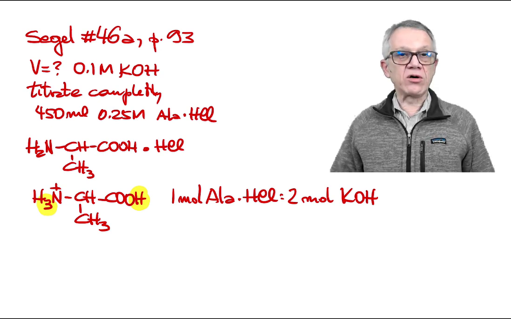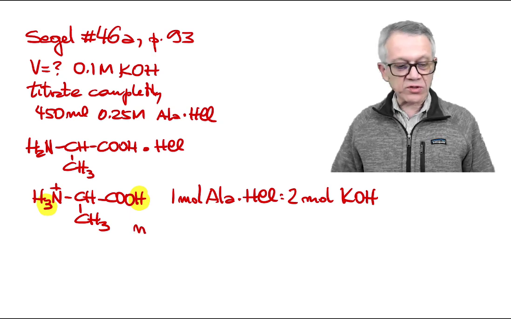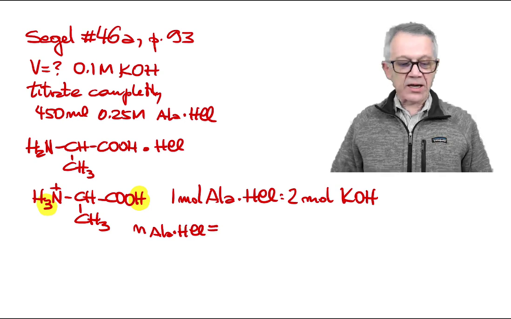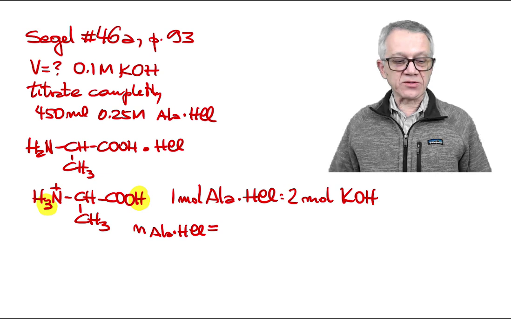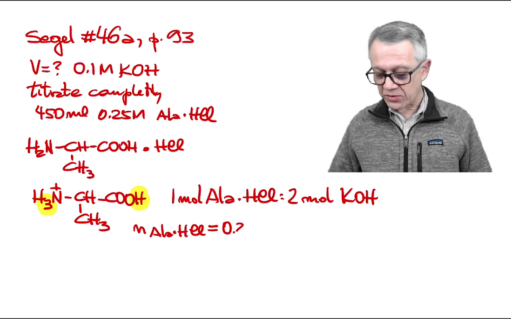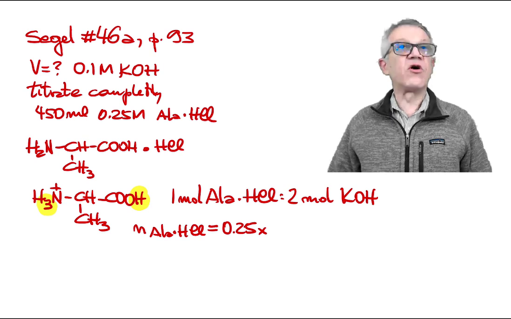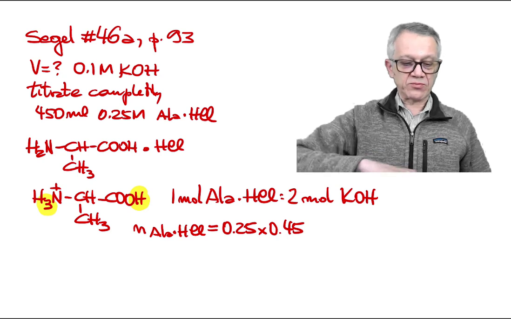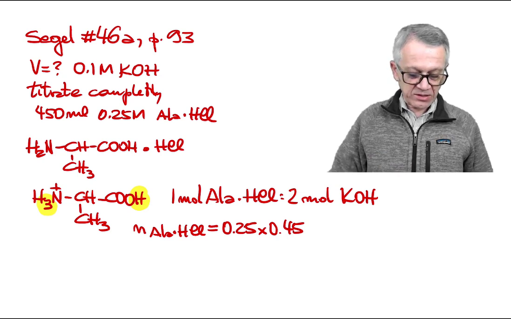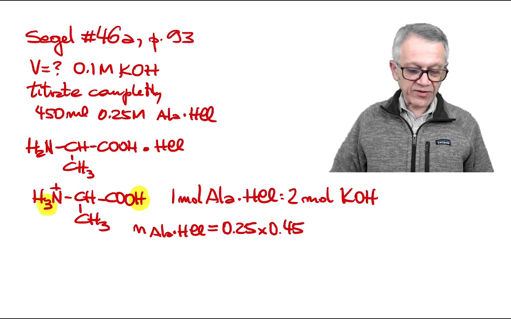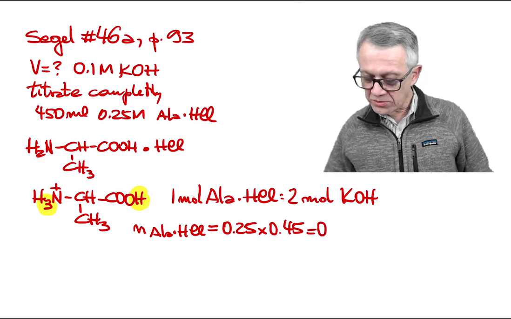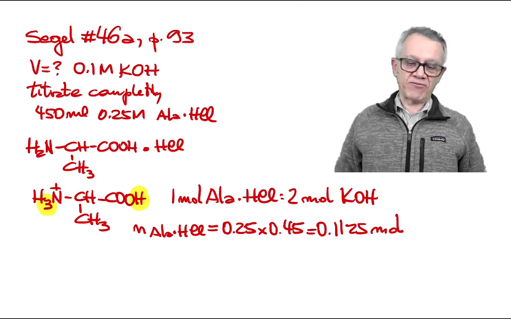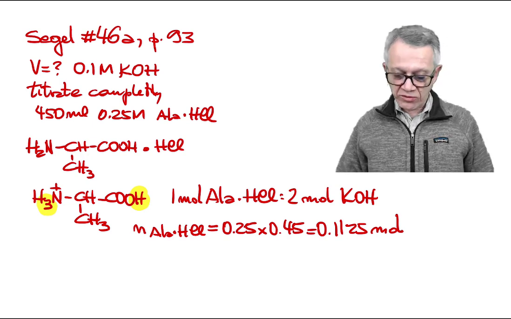So let's calculate how many moles of alanine hydrochloride we have here. So the number of moles of alanine hydrochloride is going to be, what was the concentration, 0.25 molar, right? 0.25 molar times the volume that we are using. The volume has to be in liters here to calculate the number of moles. We have 0.25 times 0.45, so that equals 0.1125 mole. So this is the number of moles of alanine that we have,